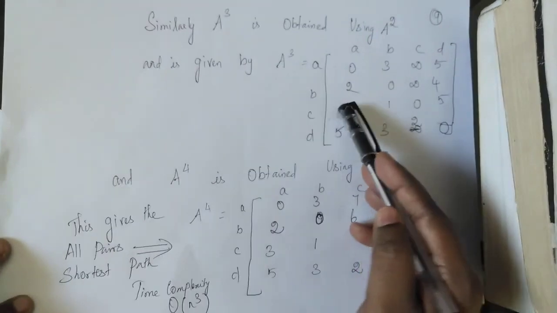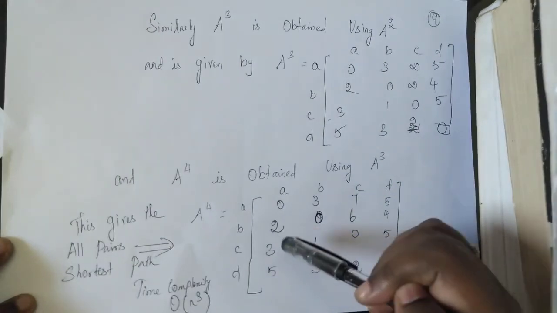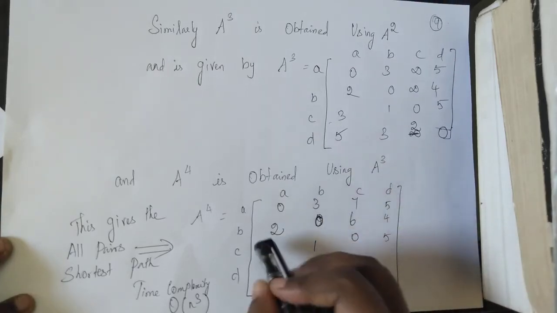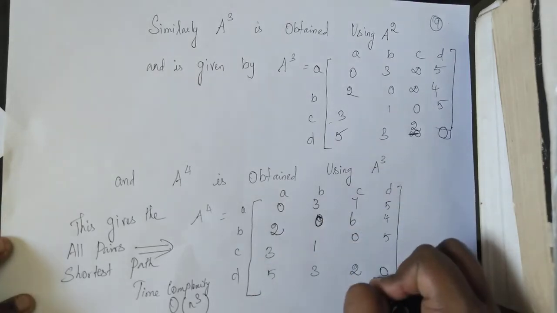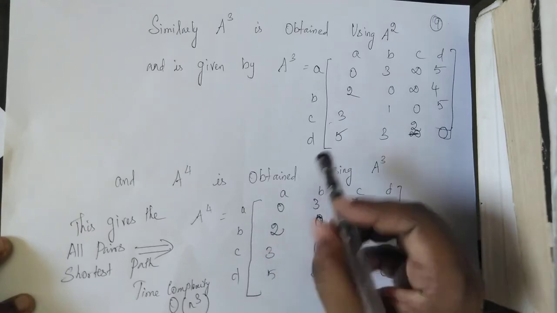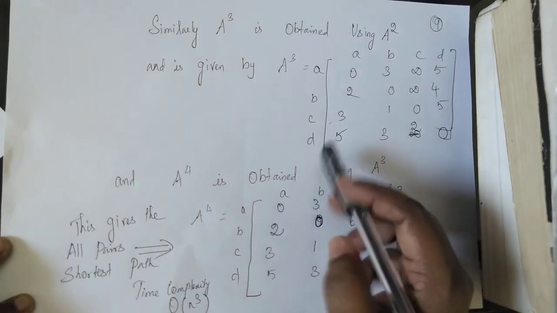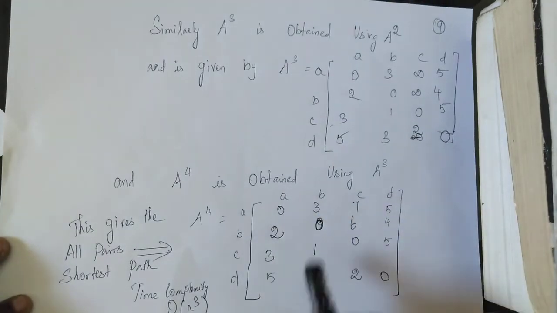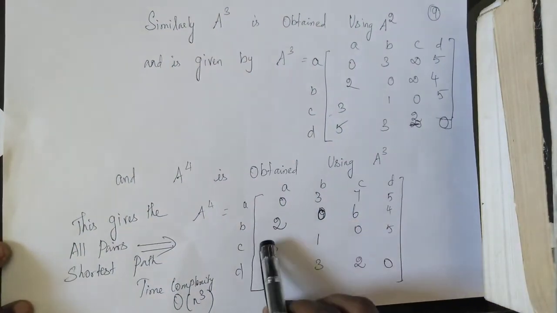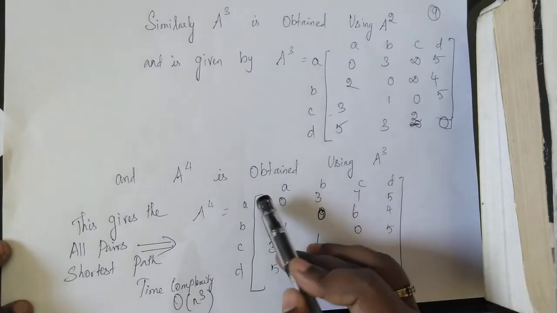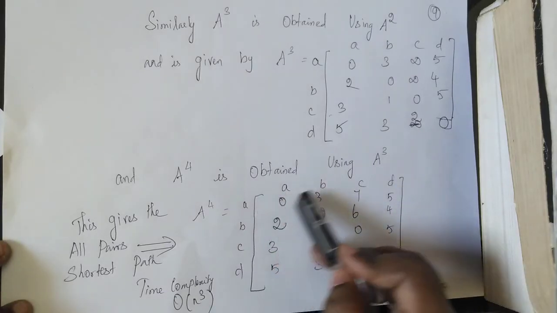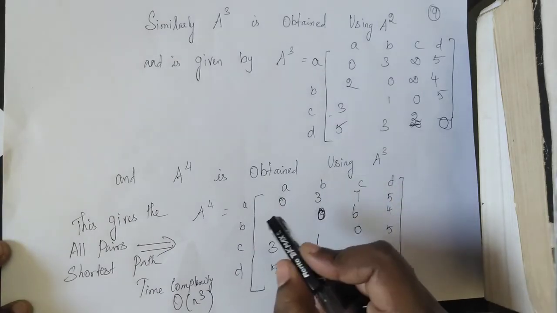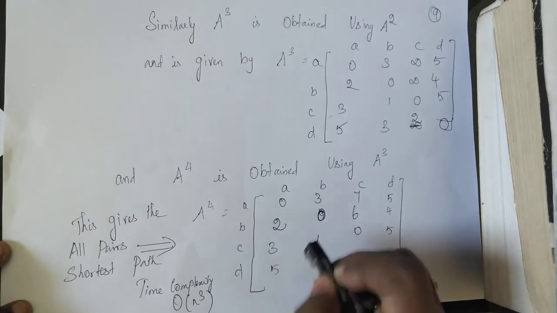And using A3, we will arrive at A4. Remember, while finding A4, our vertex of focus is D. So we will have the fourth row and fourth column the same, and diagonals also 0. And we will try to update the values of A4 using A3 using the formulas. And this is the final matrix, which will have the shortest path between each pair of vertices. So that's the idea. That's what this Floyd-Warshall algorithm has done to this graph.